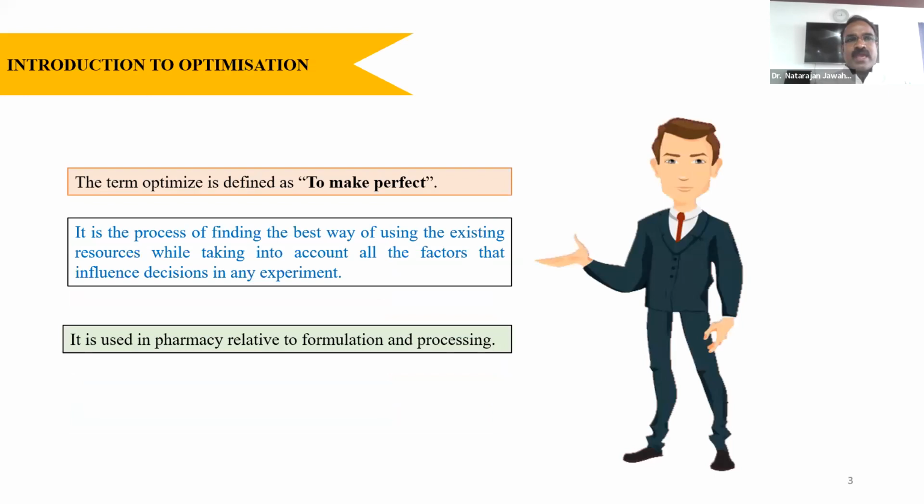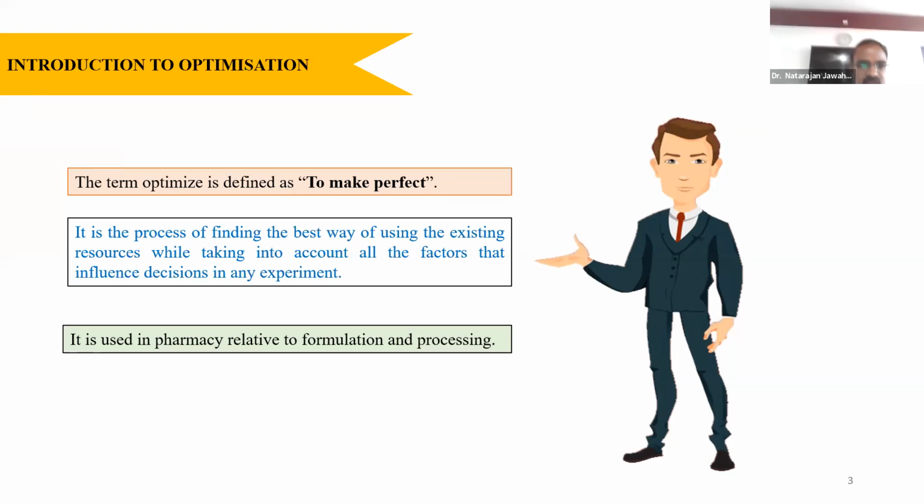First of all, you should know what we mean by optimization. Optimization means to make perfect. As a formulation scientist, we want our formulation to be perfect in terms of our goal. Our goal is that it should have good dissolution, or if I'm making some nanoparticles, my particle size should be this size, or my entrapment efficiency should be within this range, or my polydispersity index should be within this range. It is not very easily possible with the traditional way, but by using a tool like DOE, it is very possible to make a perfect formulation.